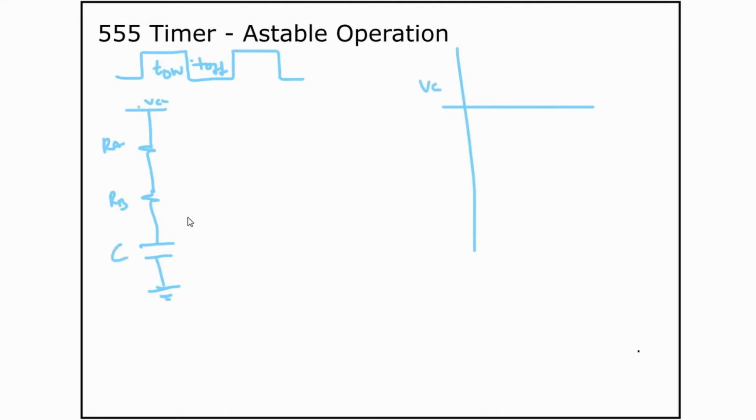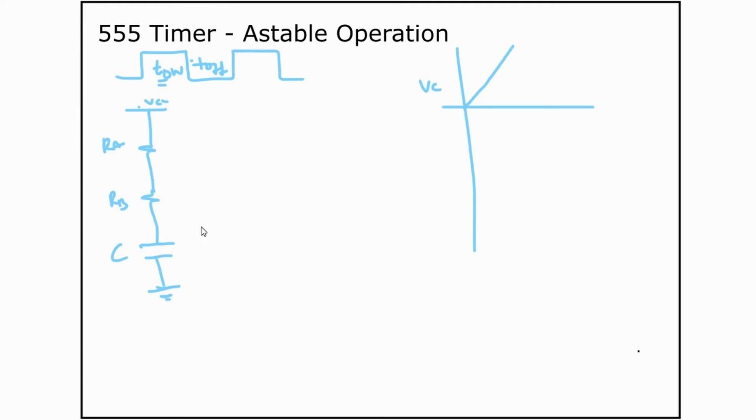This is the capacitor voltage across the capacitor. As soon as you turn on, it will start charging. It is slowly charged to VCC, and the charging path is RA and RB. So this time where the capacitor gets charged slowly will be used to provide this delay, and the delay for T off will be generated by the discharge time. So T on is the charge time and T off is the discharge time. I'll explain the discharge time.